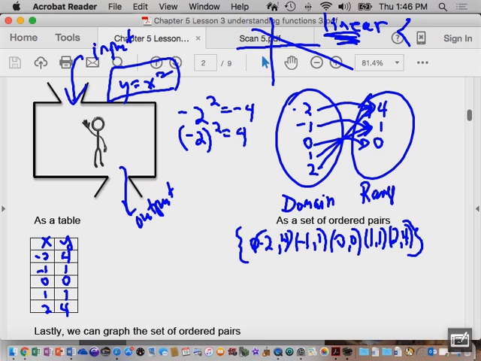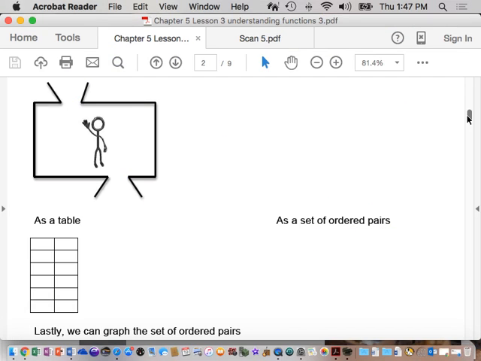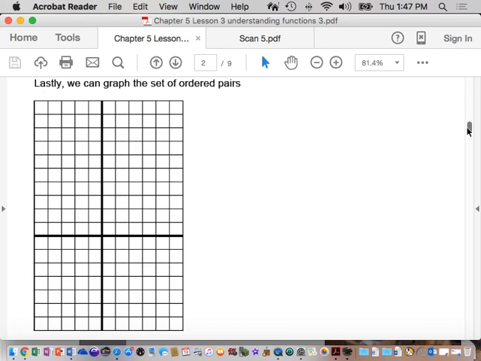Now, all of those are ways to represent functions. We have ordered pairs, we have a picture, we have a table. There's one more way to do it, and that cool thing to do is graphing. When I graph this, it's going to look like this. I'm actually going to go out to -3 this time, just to help it out. 2, 4, 8,